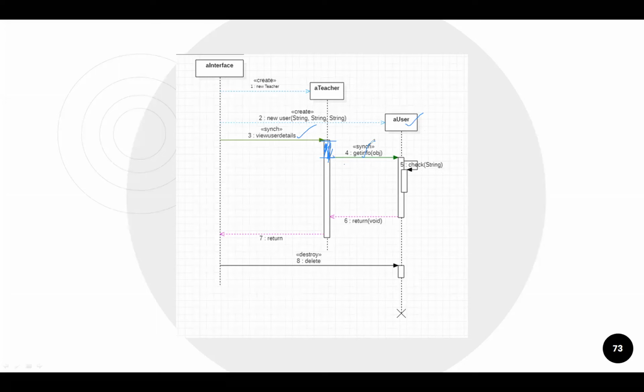Yes, sir. Okay. Now, one more thing is that whenever we are calling this particular method, what we have specified. Okay, time limit, no issues. One moment. There is a message of time limit. Okay, now see. We have written a synchronized message. Why have we written the synchronized message here?